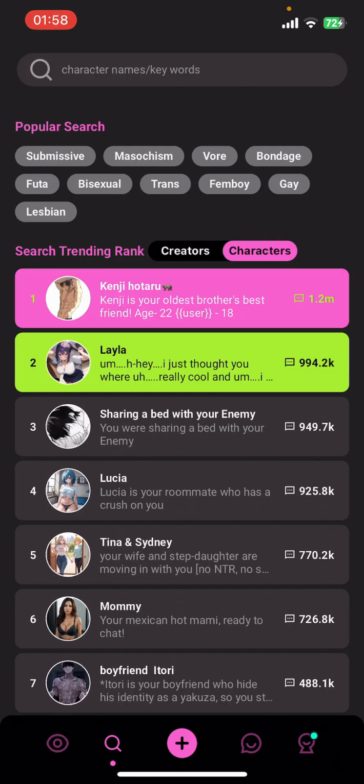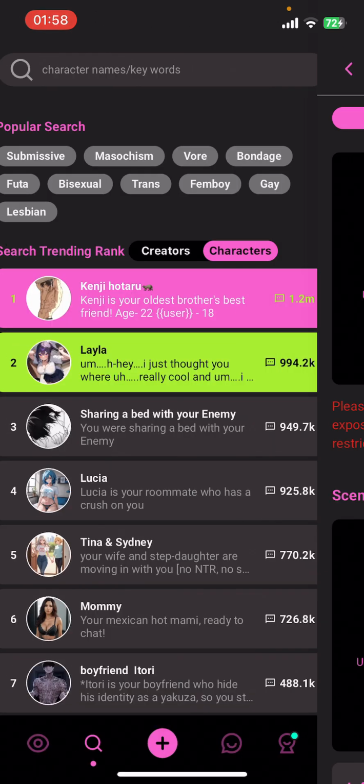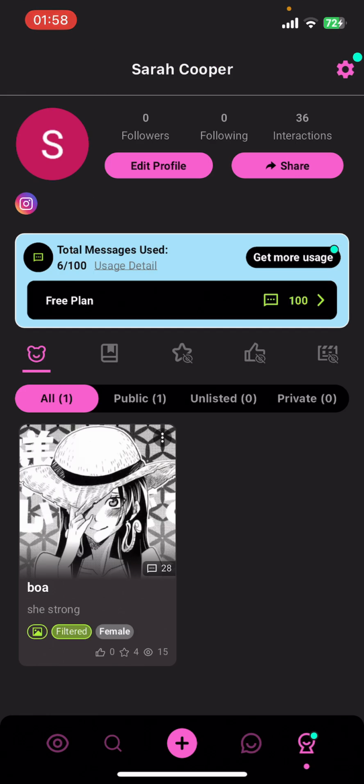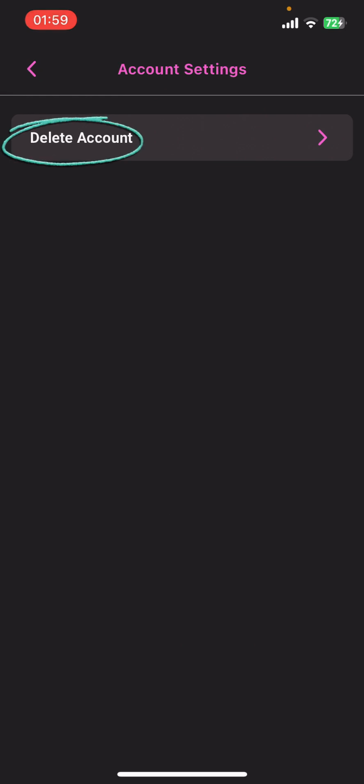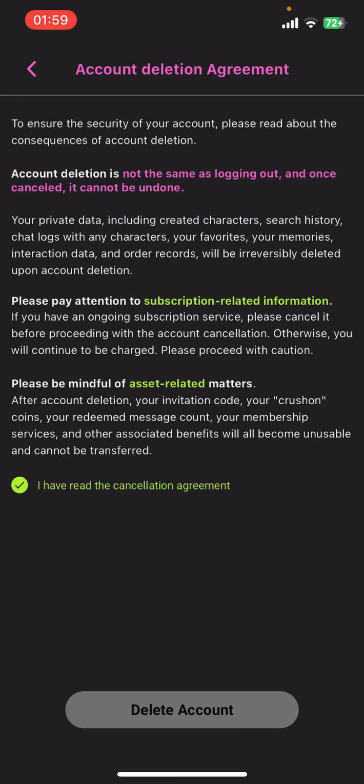Now on the screen you can see options like Explore, Search, Create, Messages and your profile. Tap on your profile, then on the top right corner you're gonna find Settings option. Now under Settings you can see options like Language, Auto Translate Characters Info, Account Settings, Manage Account, My Blocks, etc. Select Manage Account. Then under Manage Account, you're gonna have to tap on Delete Account, then tick on the empty